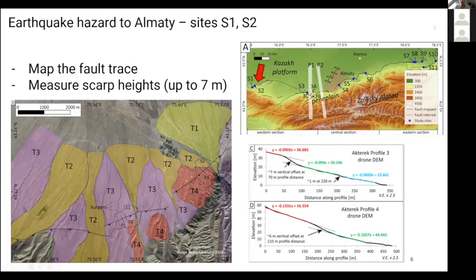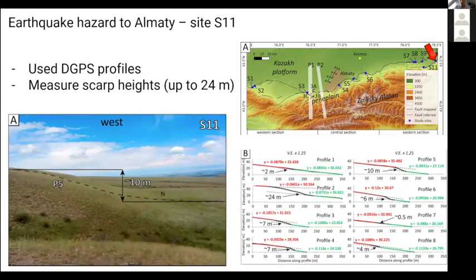And we did something similar in other places along the fault. For example, here on the eastern tip of the fault, we also found very nice fault scarps. Here you see a 10-meter high mighty fault scarp. And we also measured the vertical offsets. However, in this case, we couldn't fly our drone because it was too windy, and actually because I crashed the drone in the wind. So we had to do something else, and we used a differential GPS that we could walk around in the field